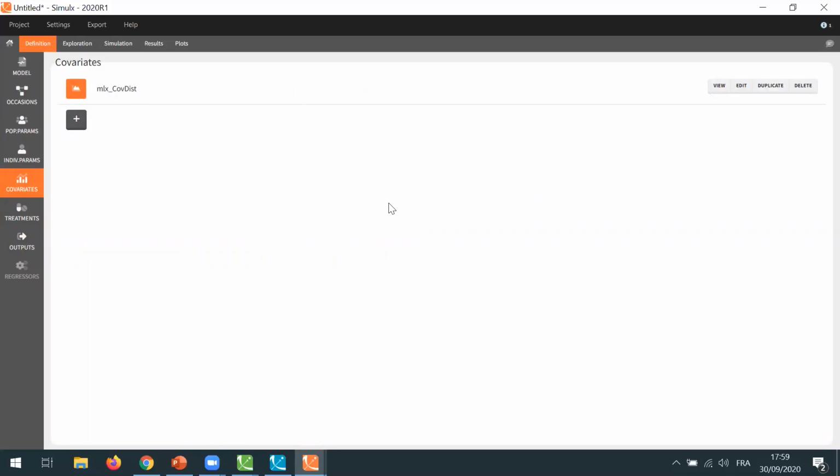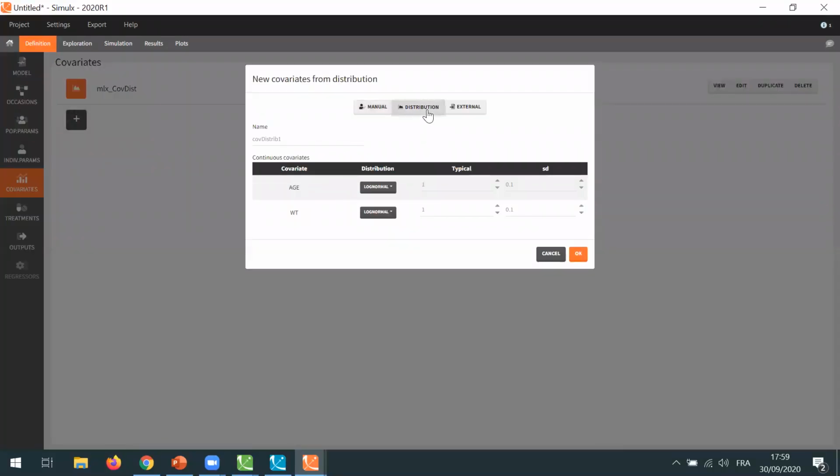Okay, thanks. And if I want to define the covariate as a distribution, what kind of distributions are available? Can we modify it? Sure, so I can show it now. So if I want to define a new distribution for age, for instance, I have the choice between normal, log-normal, and uniform. And for each type, I can set the limits for the uniform interval, for instance, or the typical value and standard deviation for the other distributions. And also here I have only continuous covariates, but if you have categorical covariates, you can also define probability distributions for the categorical covariates, so the probability of having each category.